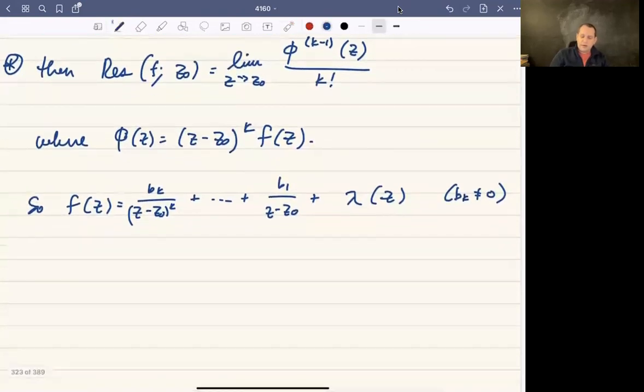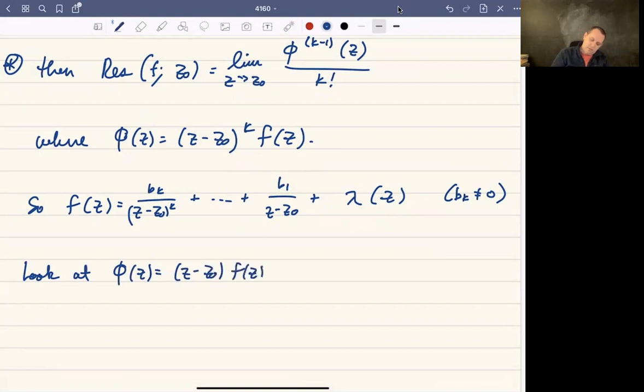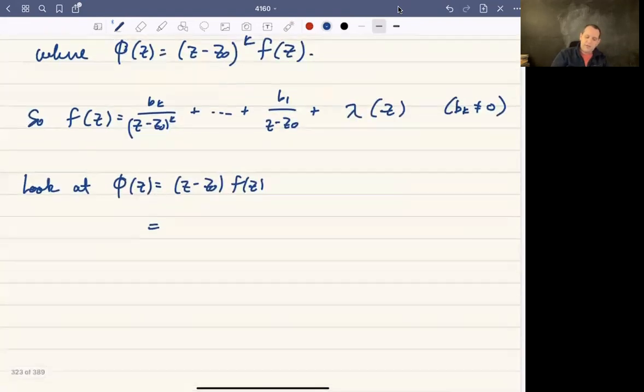And the reason why the residue has this formula is, just think about how you can find the term b1. So what we're going to do is look at the quantity phi, and that's (z minus z naught) to the k times f. If I multiply everything in our series for f by (z minus z naught) to the k, we end up with